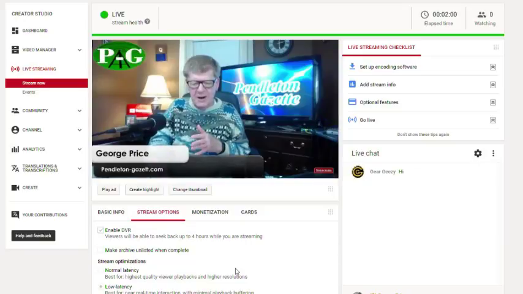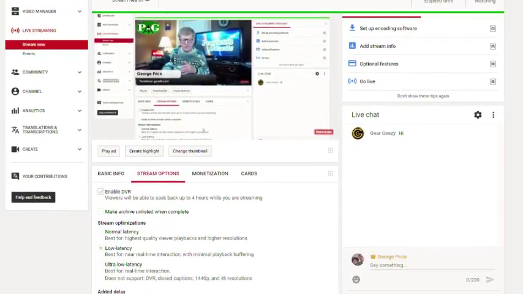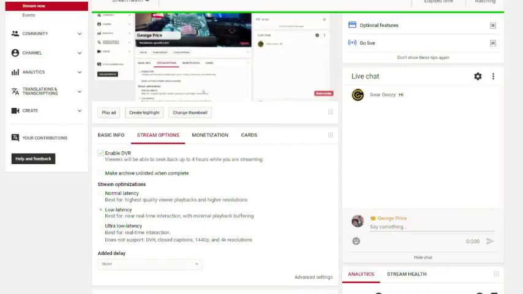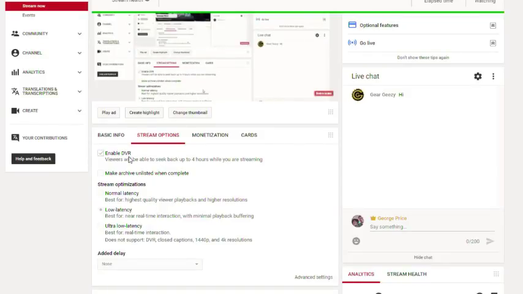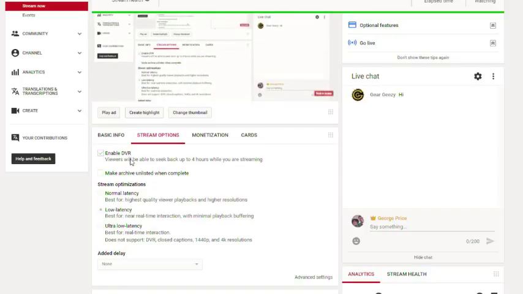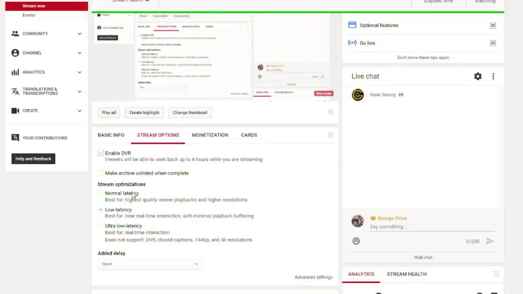You go to your live streaming page, and then down below, let's see here, it looks like it's one enabled DVR mode, live streaming optimization, and then you can pick out low latency for your live stream.